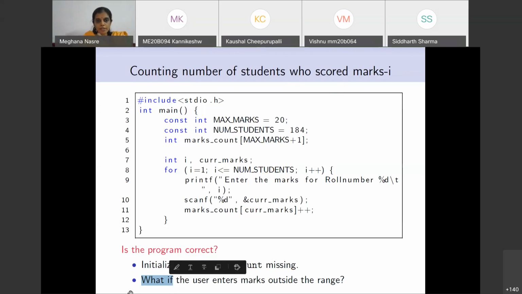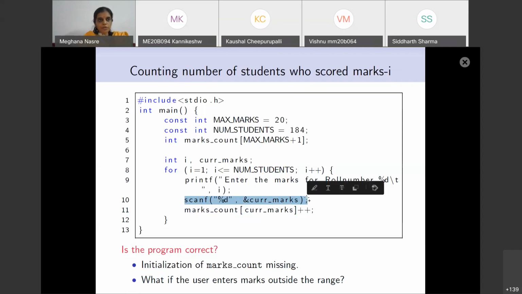Is the question clear? Remember that there is a scanf. In fact, you are asking for 184 entries to be entered. This is a very, very tedious and boring job, so whoever is entering this is bound to make errors. Whenever you are taking data from the user, it is better to validate data and make sure that your program doesn't suffer because of incorrect input. So you must validate data. A user may erroneously, or just to stress test your program, give erroneous or undesired inputs.